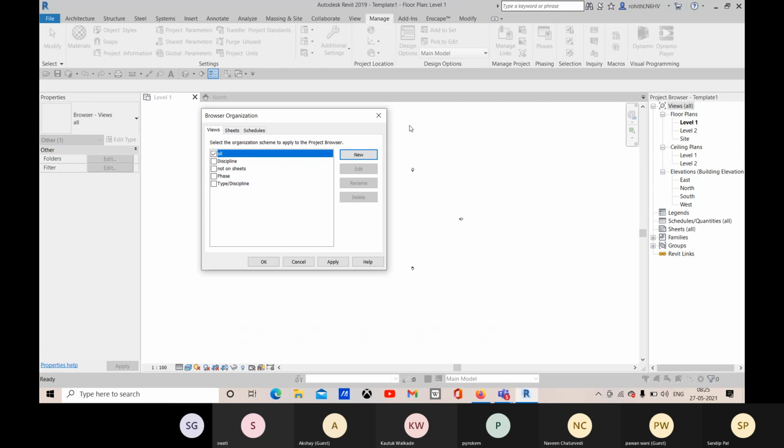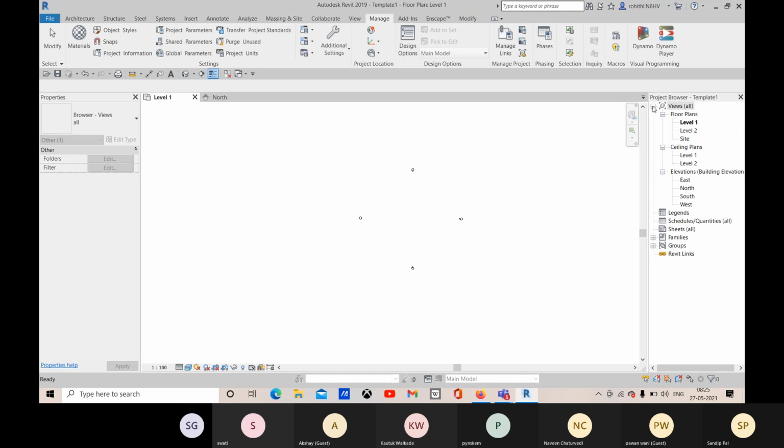Okay, so here you see that right now it is organized by all the elements, and this is the tree option. For this view you expand the tree with this option. If it is plus, that means the tree is collapsed, and when it's minus, that means the tree is opened or expanded.